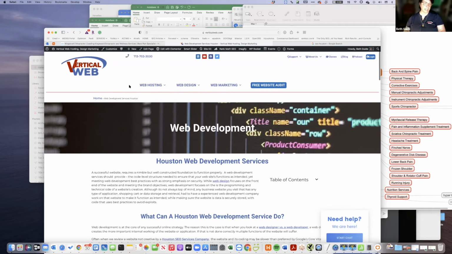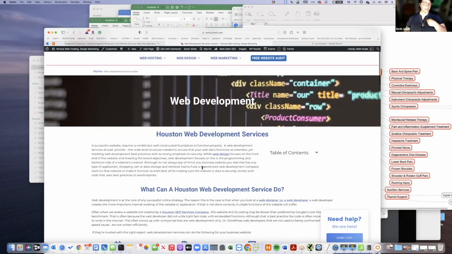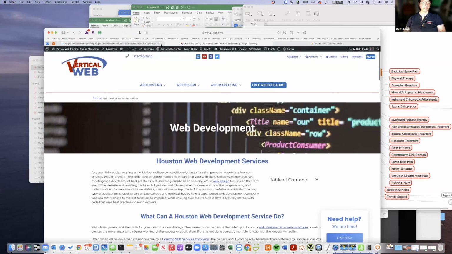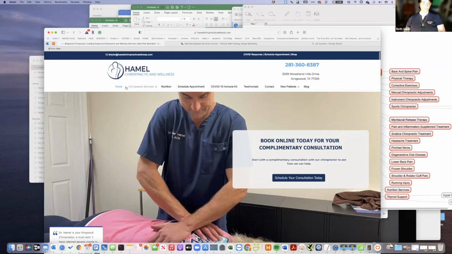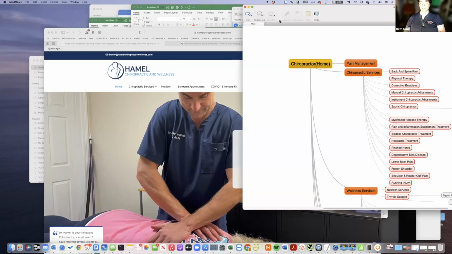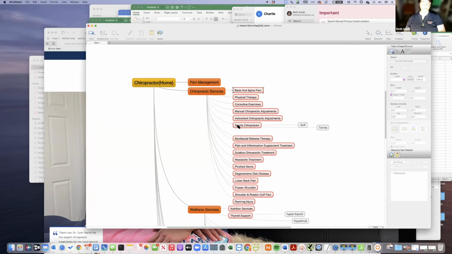What I will say is that this is as important a part as what it is here, but where I'm stuffing the keywords on location is in the header tags. I just want everybody to get that anatomy piece down, that they need to be here. So let's come back over to Tyler here. We understand that on my mind map, all of these now will be part of chiropractic services.